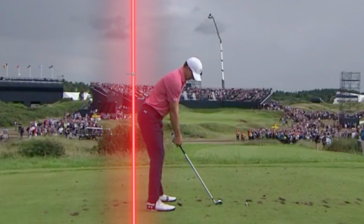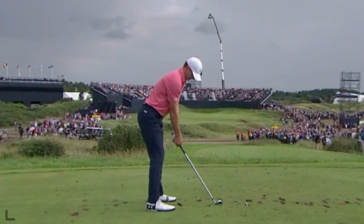I think that he might have hit that a little bit to the left. You know, it wasn't his best shot, but that's all right. I think there's a lot to discuss right here. The first thing I'd like to discuss about Jordan Spieth's swing is his little trigger move, his little knee flex,